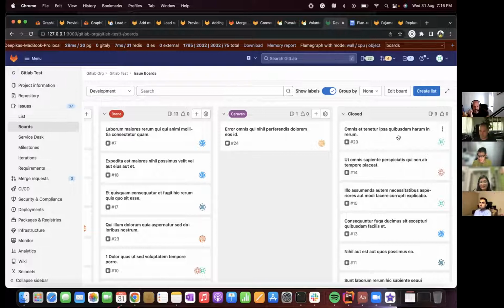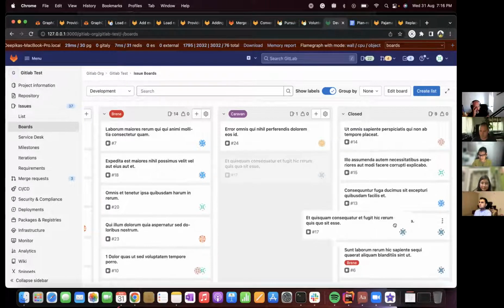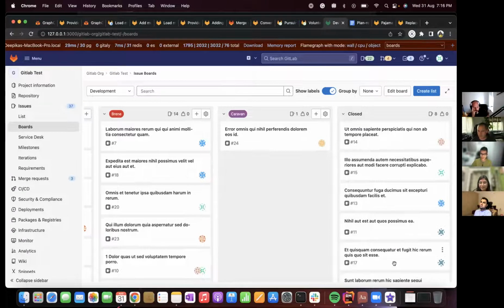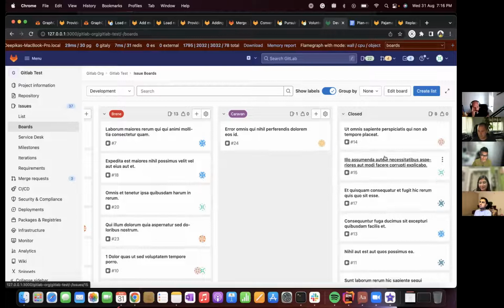So it's inconsistent that way. And even dragging cards within the closed list to change the relative position, I think it changes the relative position in the backend, but then when you refresh, it's just ordered by closed at, so it doesn't do anything. Yeah, we should have an issue for that.